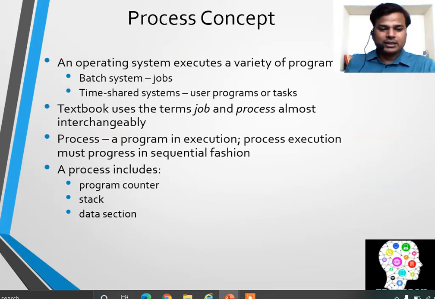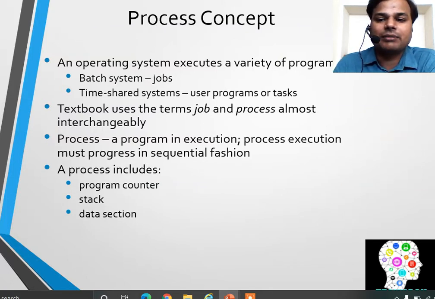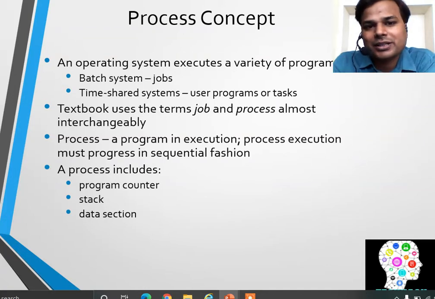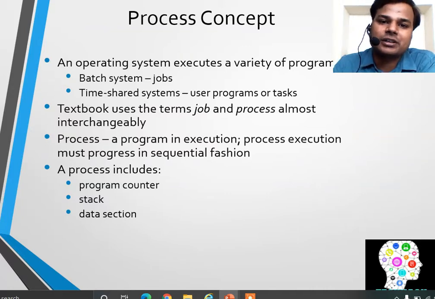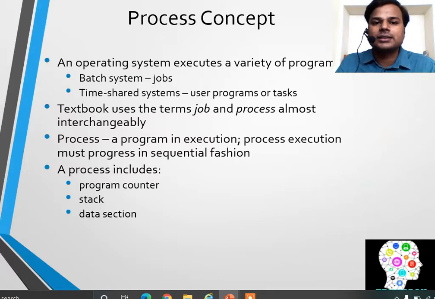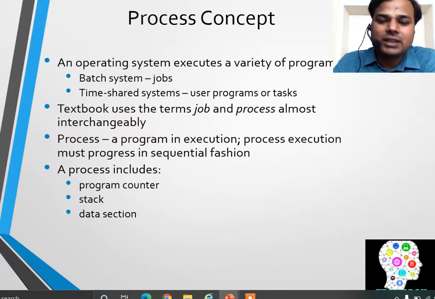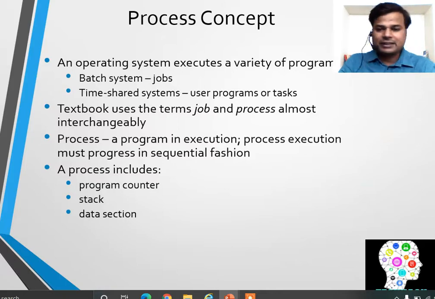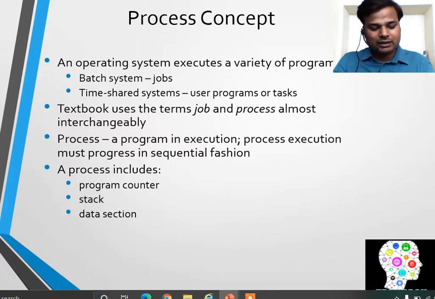Guys, when a process is named, then we have two types of processes available there. One can be a foreground process and another can be a background process. The foreground processes are the processes which are used to handle the UI features, like user interaction features, which run over the system by the users. And the background processes are not associated with particular users but are required to complete some specific functions.